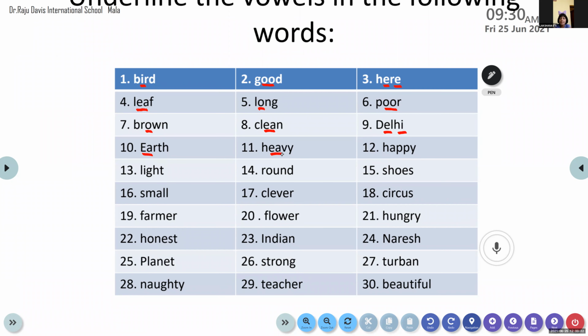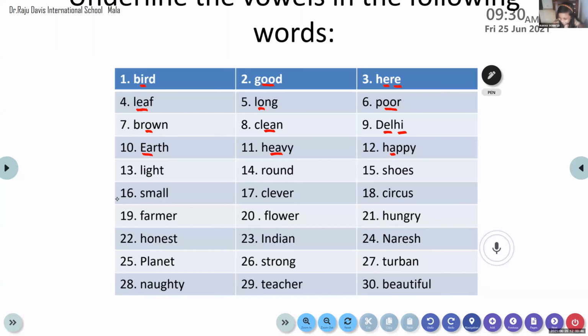Rukma. Yes, very good. Come on, read the next word. 12th word. Happy. Okay. Now, pick out the vowel in it. Is there any vowel in that word happy? A. Very good. So please do underline the vowel. So this is the way you do it. Do it very, very neatly. Okay, Rukma. Very good.